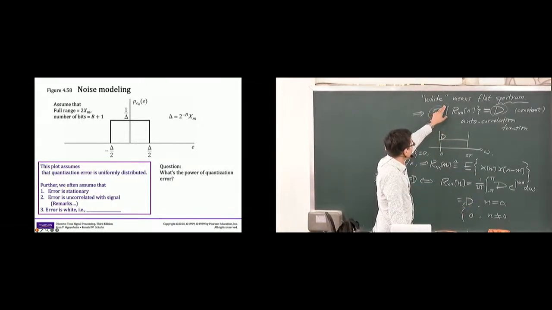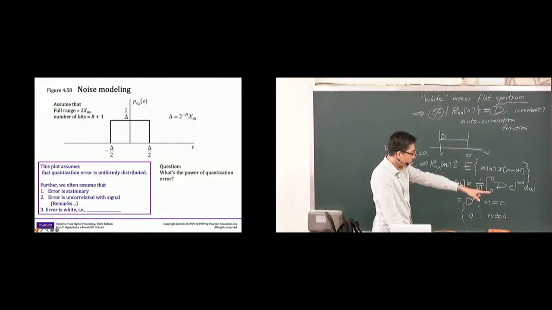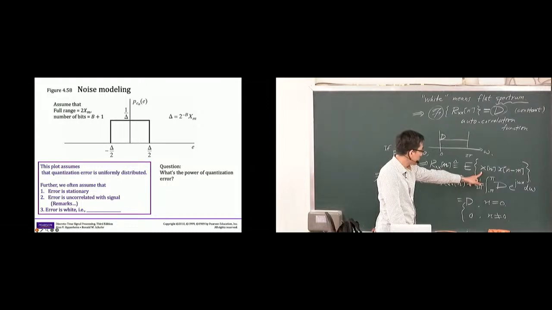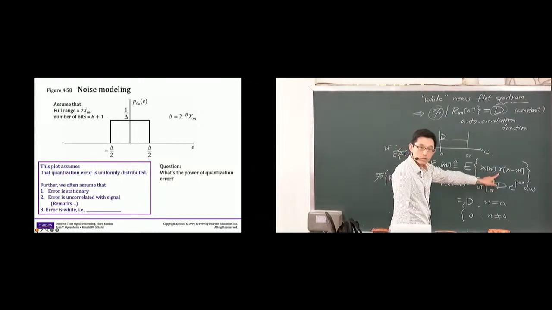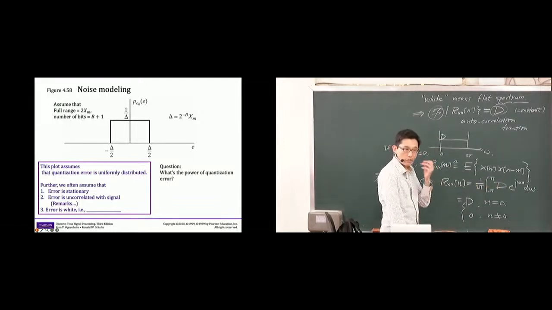When we say the spectrum is flat, after a few steps of organizing our thoughts, we reach a conclusion. We conclude that when the spectrum is white, equivalently in the time domain, the autocorrelation function needs to be a delta function times the density d. Okay? Delta function. But then what does that mean? That means the signal is uncorrelated to itself at any other sample, at any other time.